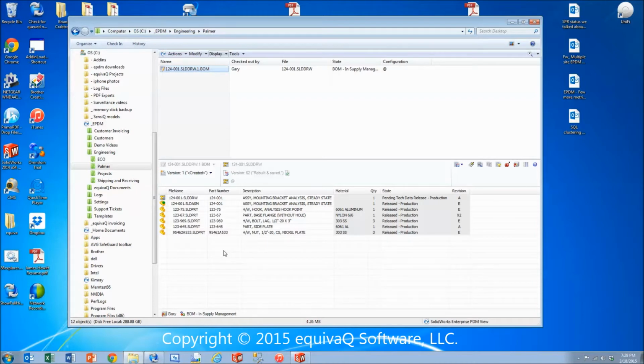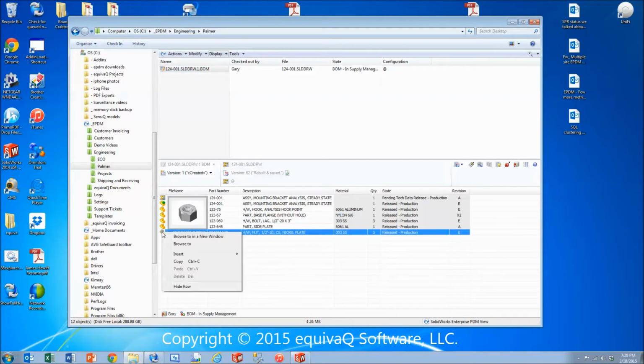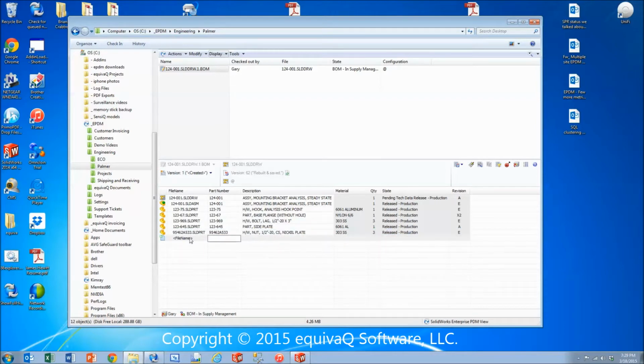We have some sample data that we're going to go ahead and add to this bill of materials, and I'm going to pause the video in just a moment, but I'm going to start the first one. The first thing we have to do is insert a row below, and then give it a part number. We don't have to give it a file name. If we have a file name, we can. We don't have to. So we'll go ahead and enter the first one, which is going to be the part number is